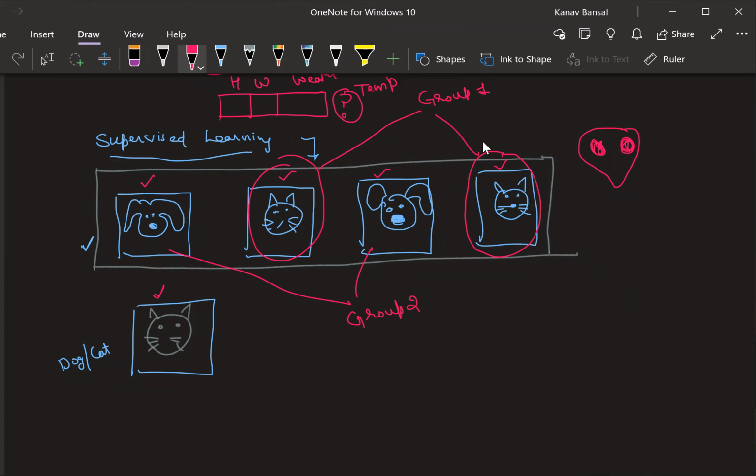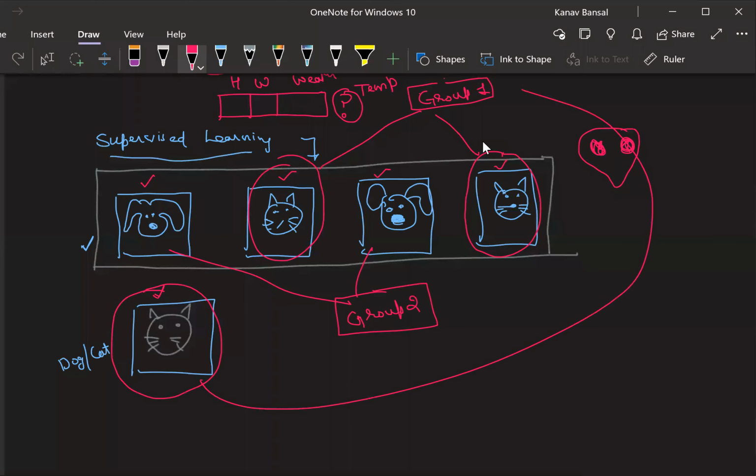Yes or no? In future, you can assign any data point that comes in. Now, where should I put it? Should I put it in group number 1 or group number 2? Group number 1, right? We should put it in group number 1, because this group belongs to this data point and this data point. Is everyone able to understand this, yes or no?